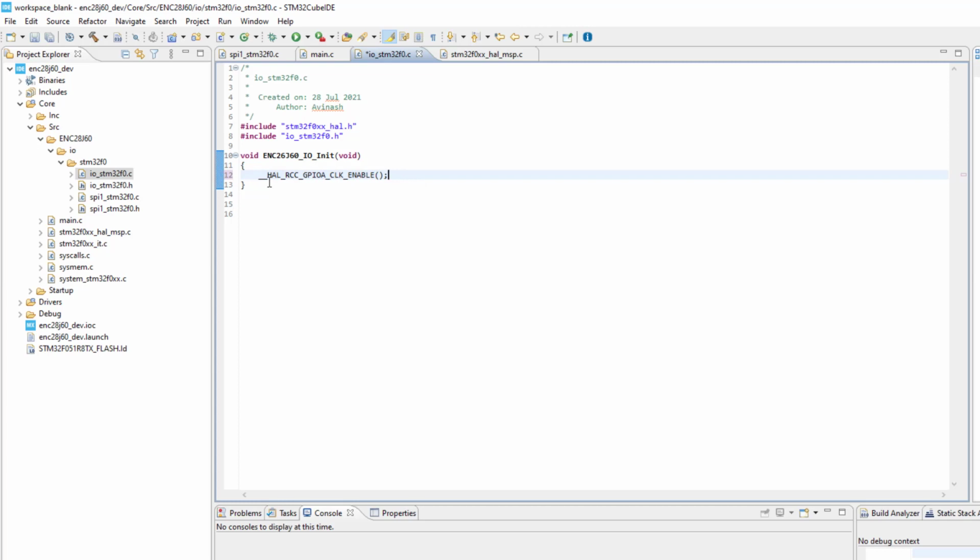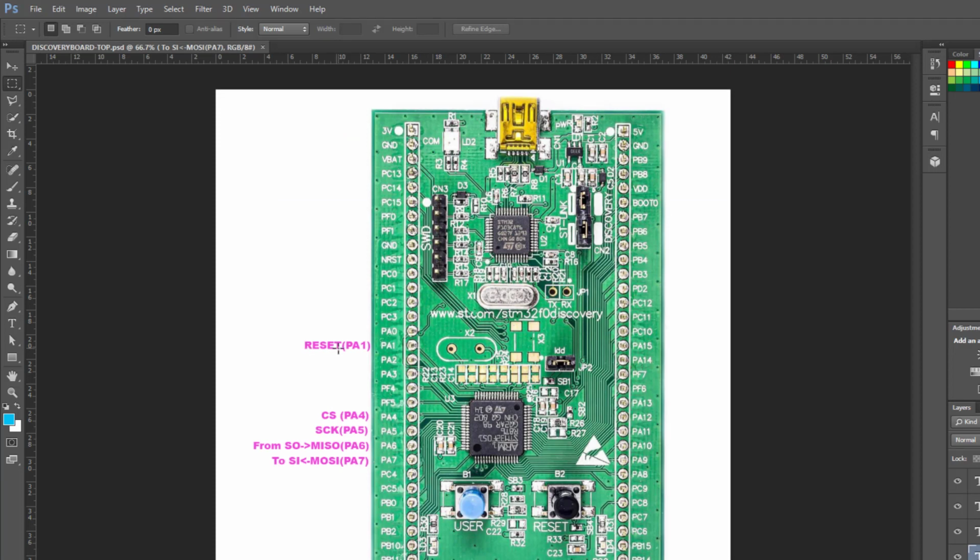Now our GPIO port A is enabled. In this ARM based STM32 microcontroller, the first thing you need to do is to enable the peripheral, then only we can use that peripheral. So I have enabled this GPIO peripheral, and then I will write the code to initialize these two bits, that is PA1 and PA4 as output.